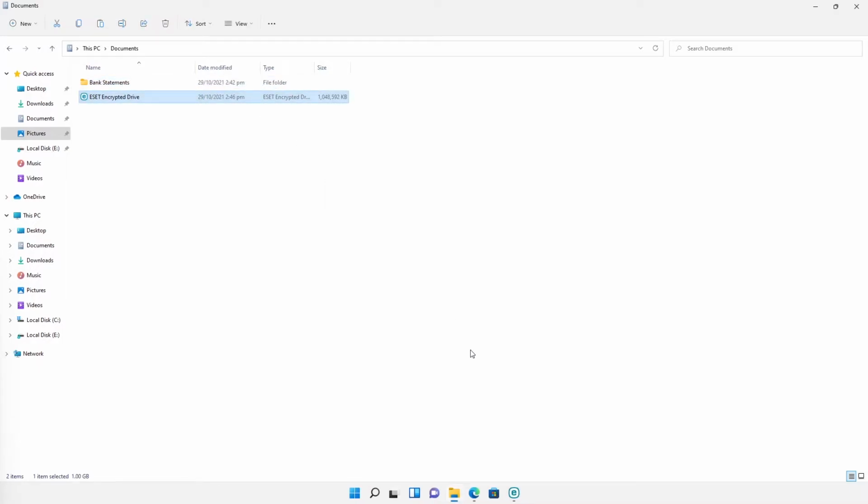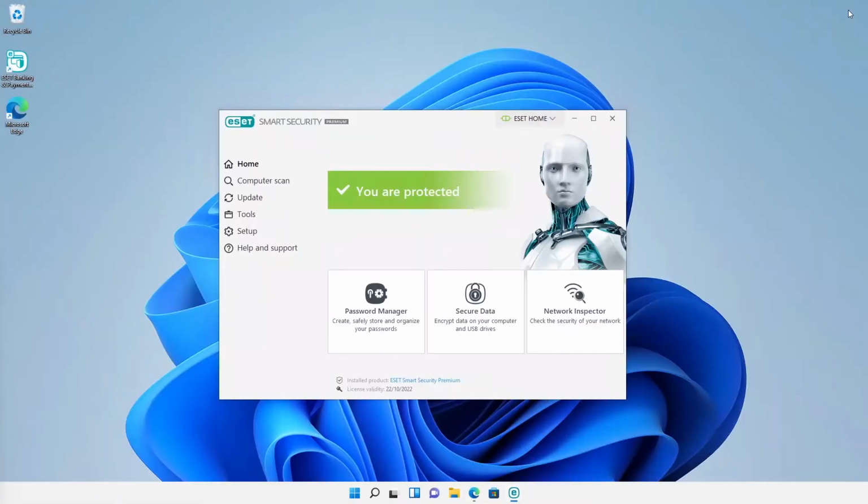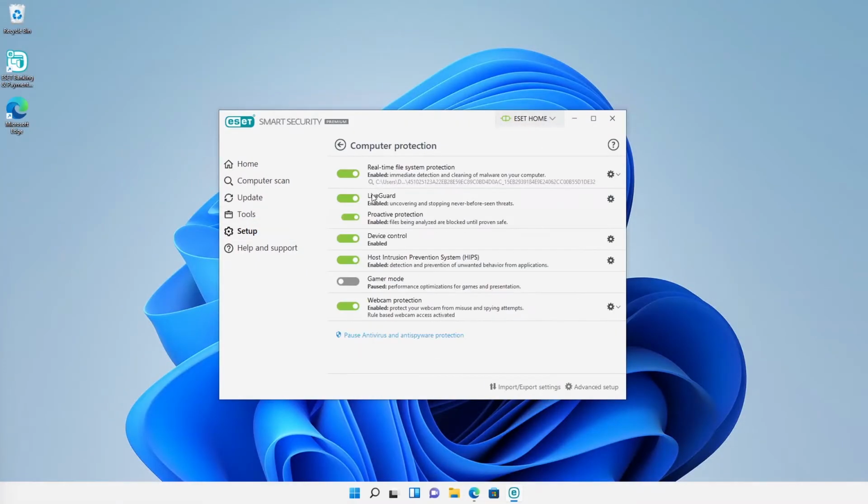We have another new layer of protection, LiveGuard, which is built into ESET Smart Security Premium. This new security layer uses a first-class protection technology to discover and stop never-before-seen threats by analyzing their behavior in our cloud sandbox. This is the same AI-driven cloud sandbox enriched with machine learning which our business customers have access